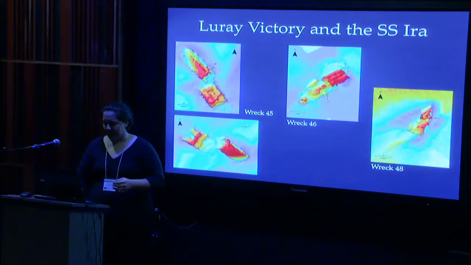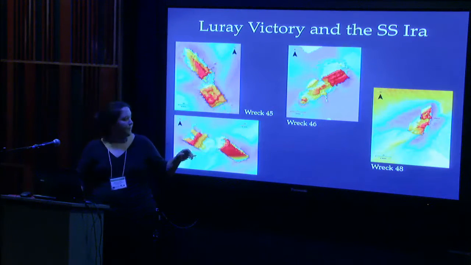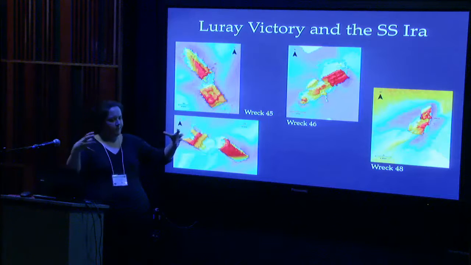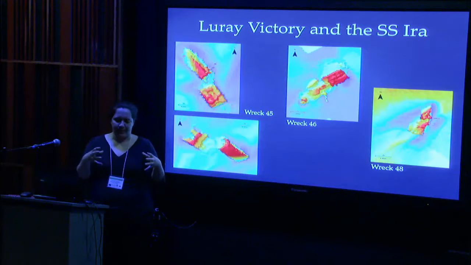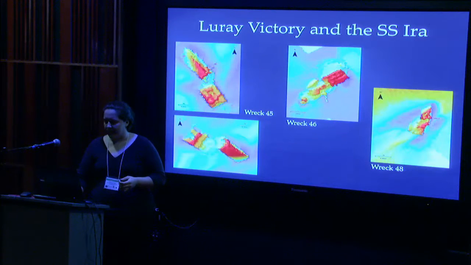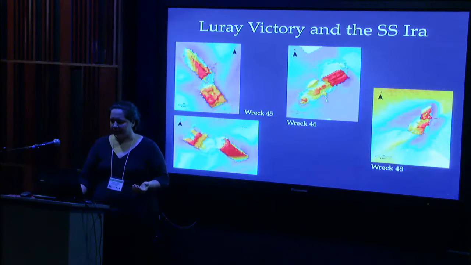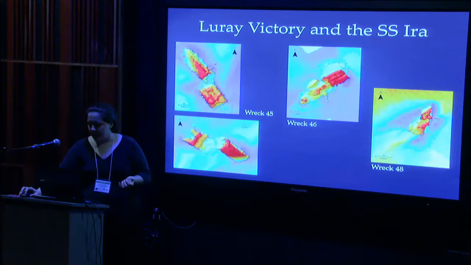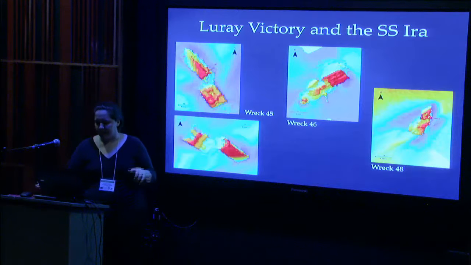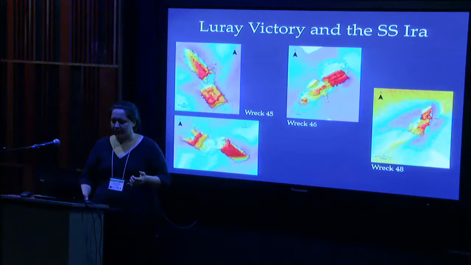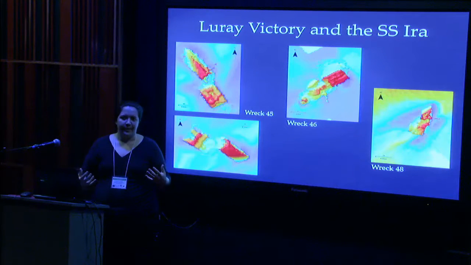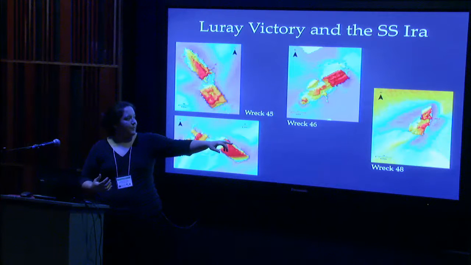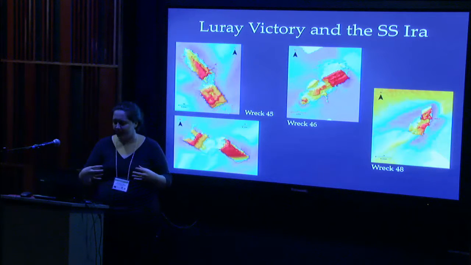As for the other 3 wrecks, Rec 45, which is this pair of wrecks, because I'm imaging them separately, but they're basically next to each other. Rec 45 was previously unidentified. Rec 46 had been labeled the Lady Victory, and Rec 48 had been labeled as the SS Ira. Based on the length and beam measurements, I figured out that if you combine those 2 wrecks, they match up